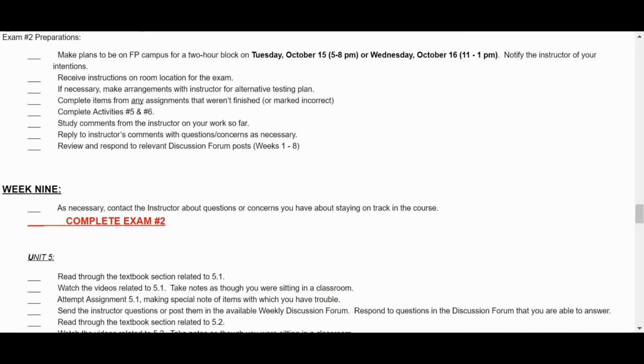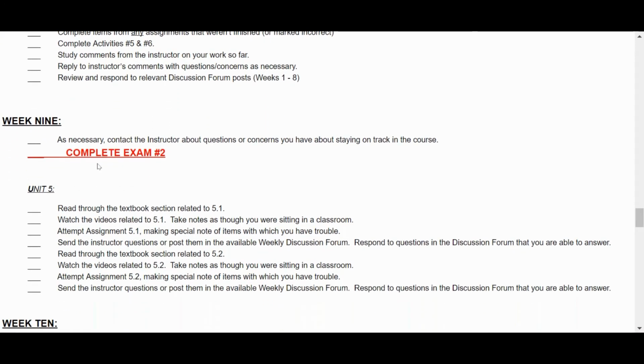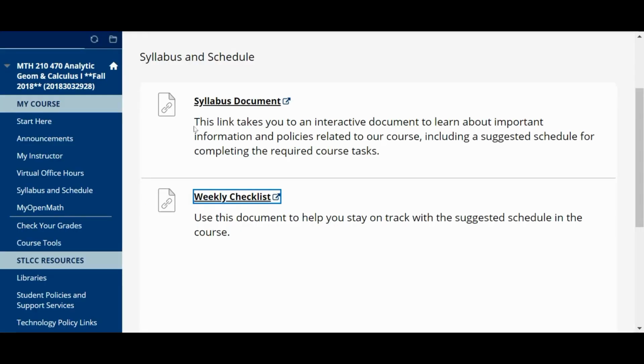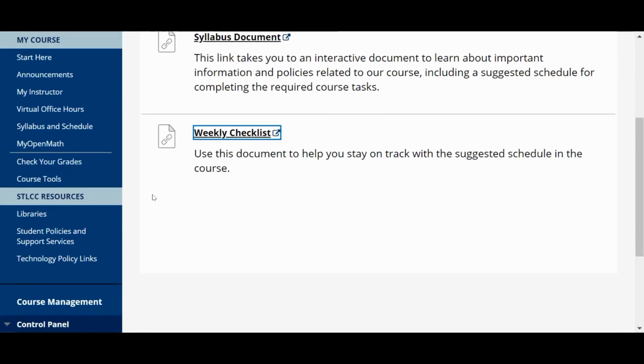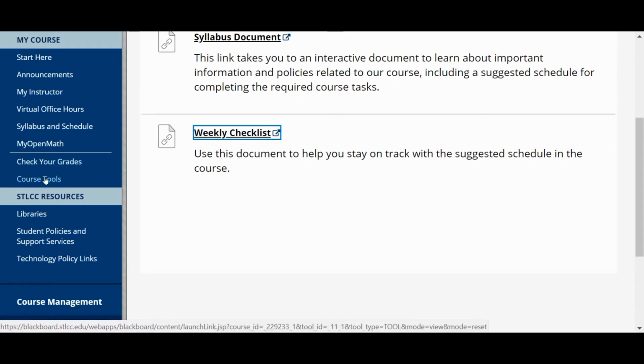And you can see this is a document called a checklist because that's precisely what this is. You can check off the various things that you need to complete in order to be ready for the exams and other things. So I hope you'll take advantage of that document and use it to help stay on track throughout the course. You can also check your grades,